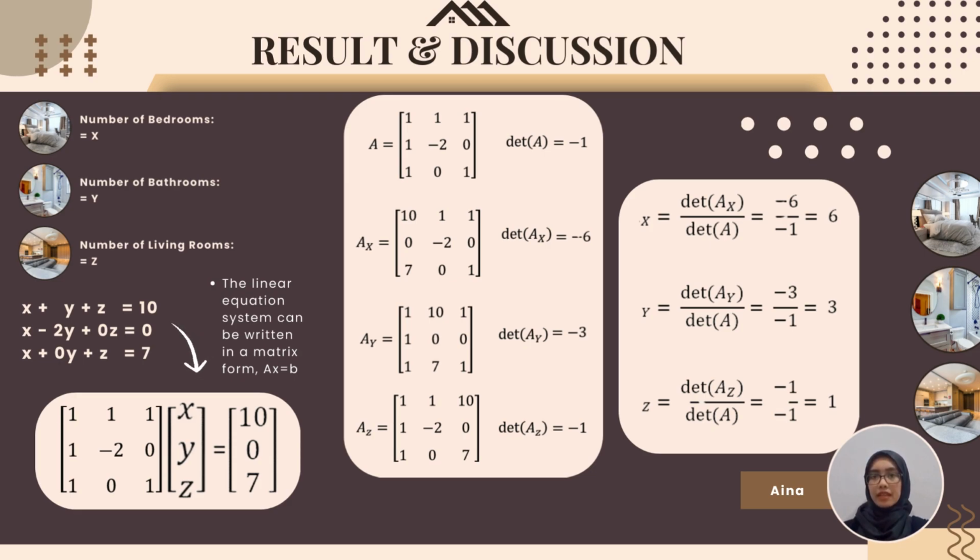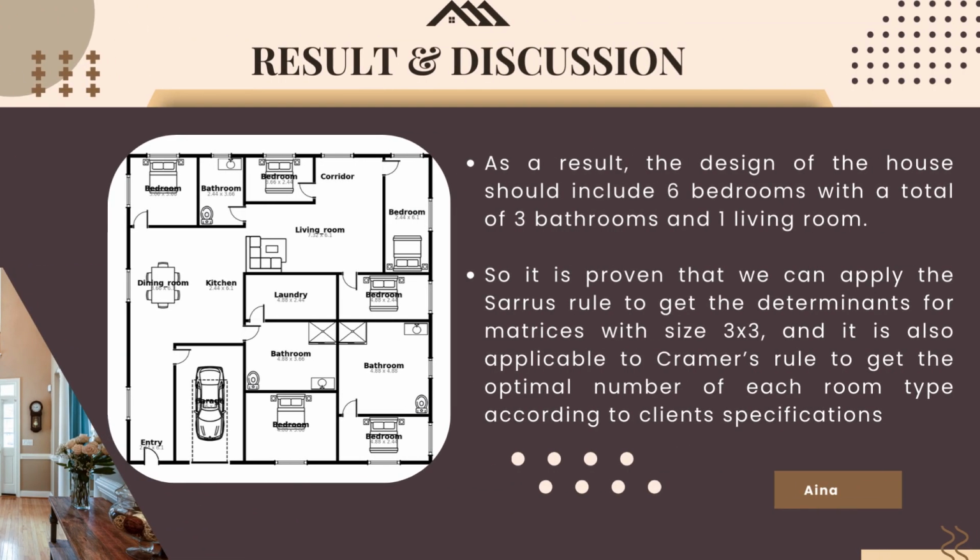We can simply get the value of X, Y, and Z by dividing each determinant of AX, AY, and AZ with the determinant of A. X is equal to 6, Y is equal to 3, and Z is equal to 1. As a result, the design of the house should include 6 bedrooms with a total of 3 bathrooms and 1